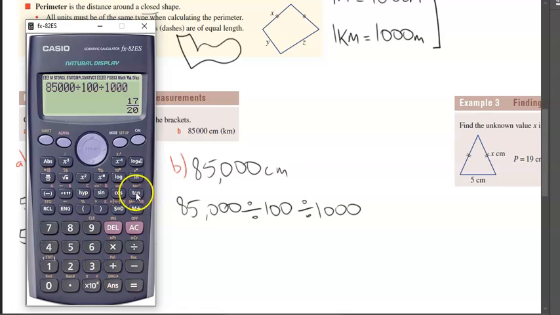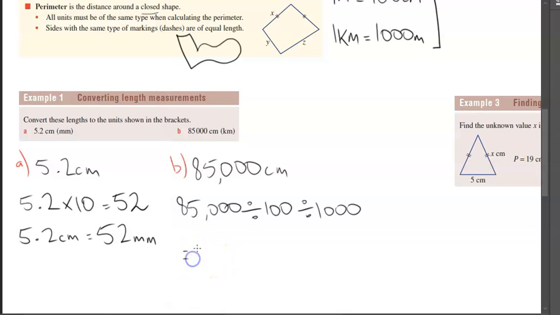And this is equal to, you might get 17 over 20. If this is the case, just remember to press the S-D button, and this is equal to 0.85. So in other words, 85,000 centimeters is the same as